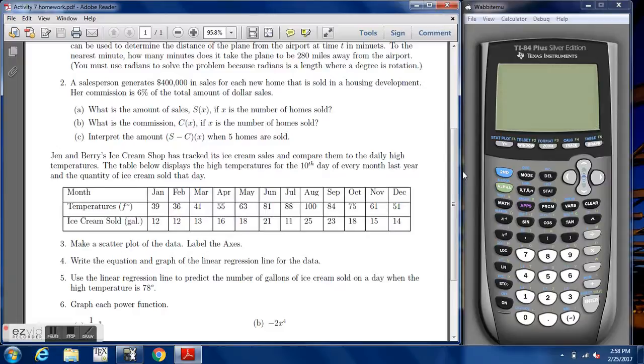So number 3 says, make a scatter plot of the data and label your axes. Now, of course, I want you to do this by hand, but I'm going to show you how to use the calculator for this. First thing you want to do is go ahead and turn on your calculator. You need to put in your temperatures, your X's, and your ice creams for Y's. And the way we're going to do that is you're going to go to Stat,